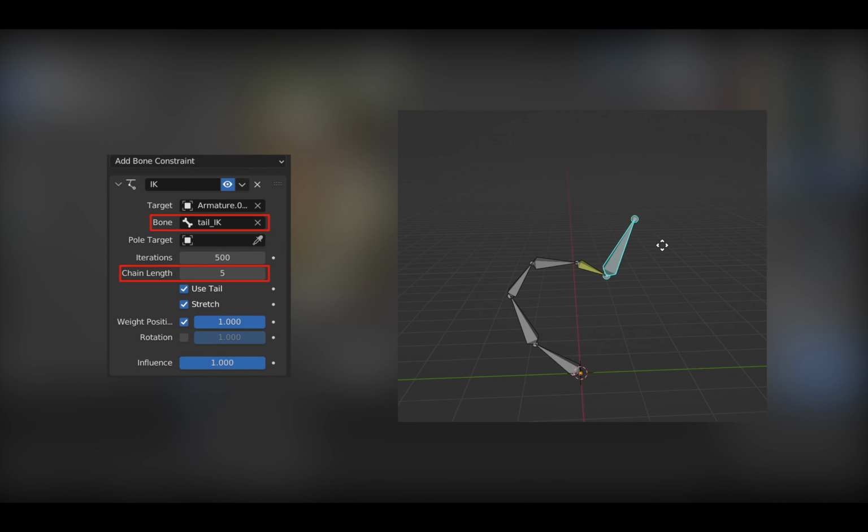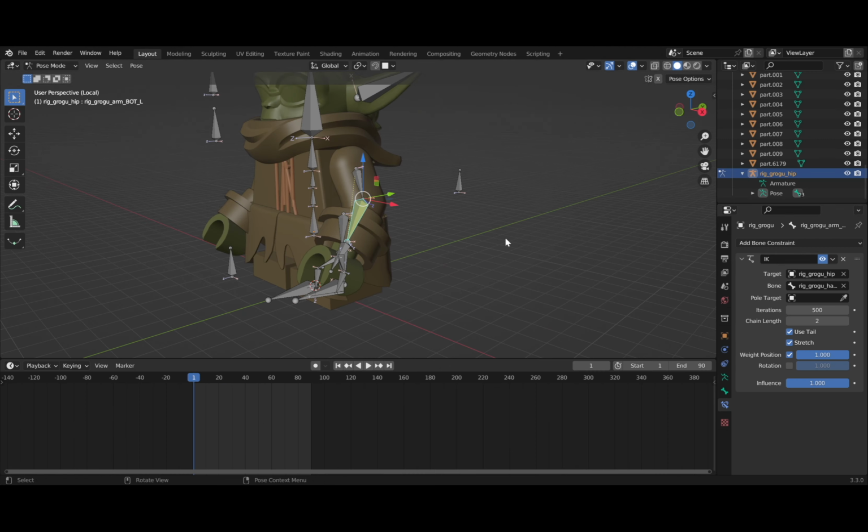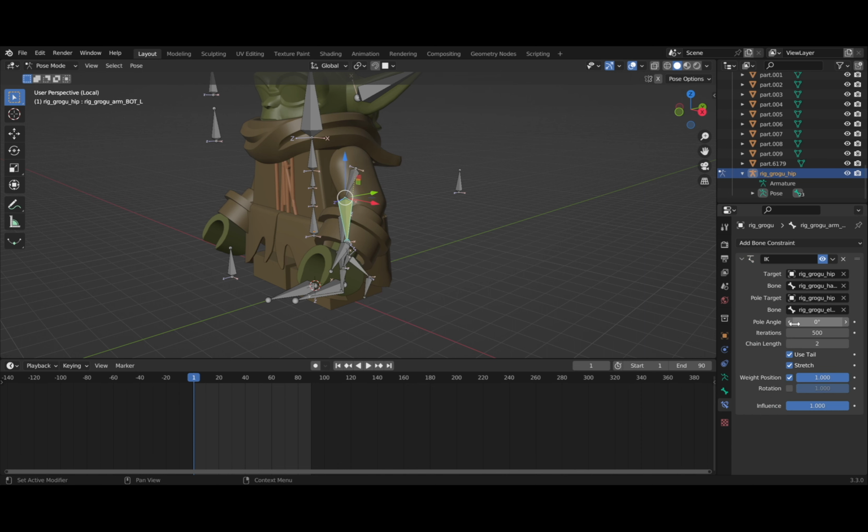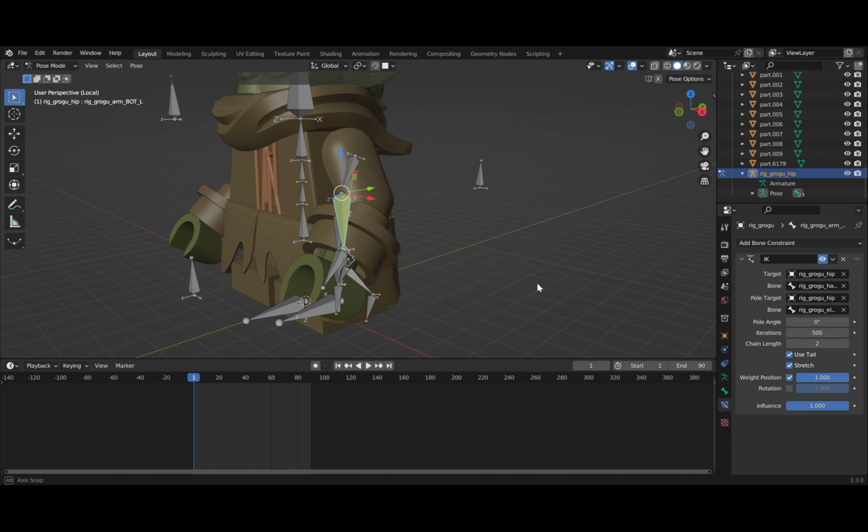Inverse kinematics allows you to control the movements of a chain of bones in a rig by setting the position of the end bone in the chain. This can be useful for animating characters or objects with multiple connected parts, such as a human arm or animal tails. Then set the pole target to Grogu rig. Another bone property will appear under the pole target, here set to control the bones of the elbow.